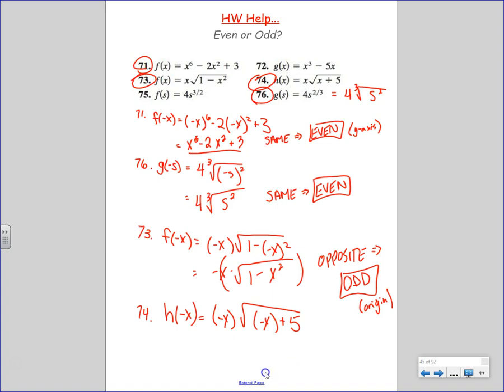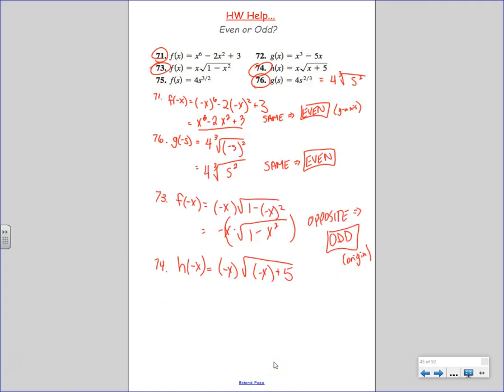Because what happens in 74? The x inside the square root stays negative, true? Okay, so I still have a negative x because it's just to the first power. It didn't go away. The negative didn't go away. What do I have with the 5? And what do I have on the outside? Can I say that it's everything opposite? Because that's the same, but what's that? So everything's opposite, and yet this guy,